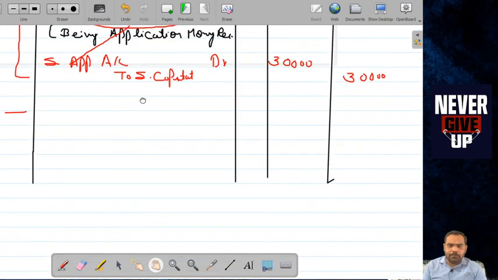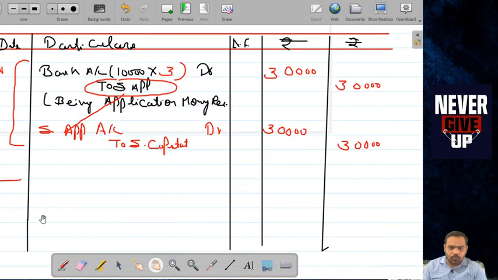The entry will be the same. In the first entry the company first received, but in this entry the company first asks about the second installment, that please pay your second installment. Like you pay your school fees in installments, you pay the first installment, then the school asks you to pay the second installment, and then you pay it. In the same way, the company asked for the second installment, and the name of the installment is share allotment, and the journal entry is